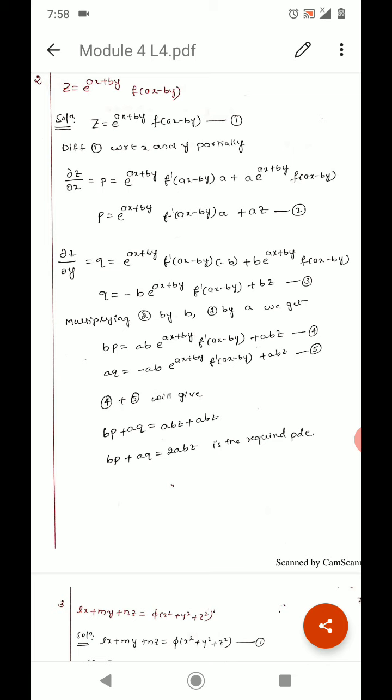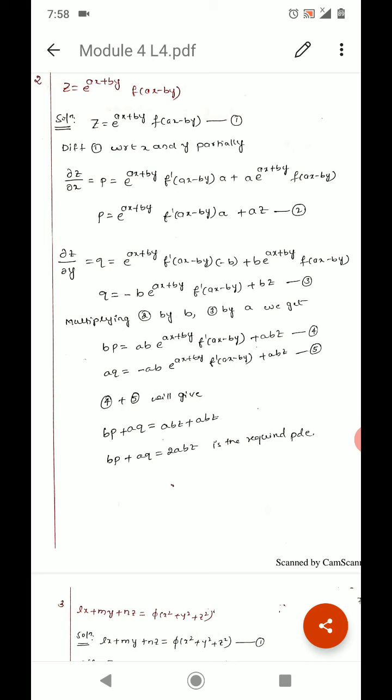Now with respect to y, that is del z by del y, which is taken as q, here also we are going to use the product rule. So first function e power ax plus by into differentiation of second function, that is f dash of ax minus by, and differentiation of ax minus by with respect to y. So here ax is constant, that will become 0, minus by. So here y becomes 1, so minus b into 1 is minus b,